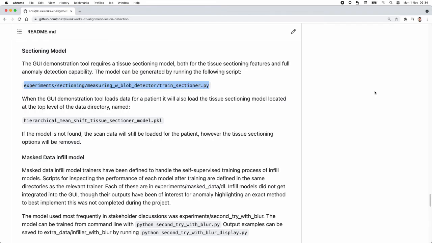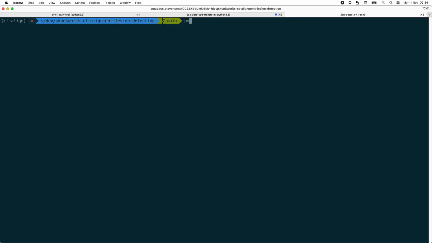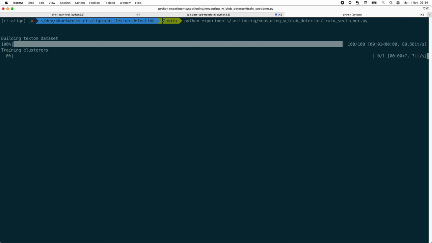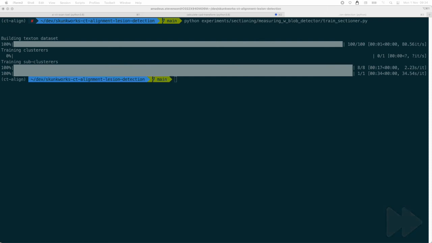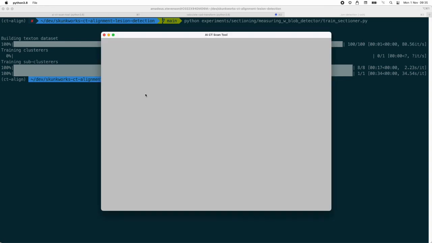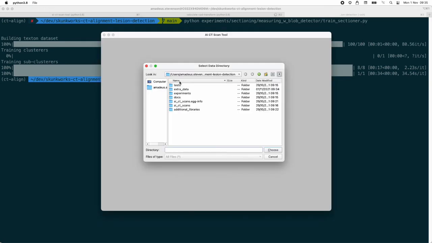To generate a tissue sectioning model for segmentation and lesion detection, we can use the script referenced in the README. This script must be run from the main project directory and will generate the required model in the correct location. Once this model is generated, you can access the model through the GUI tool. You'll need to load up the scan data again,